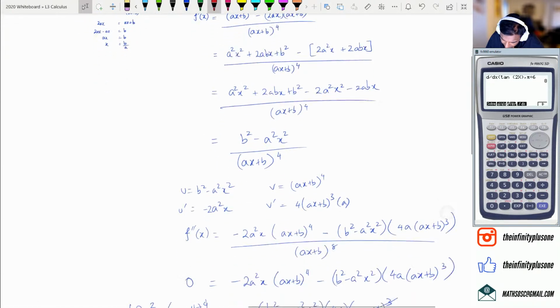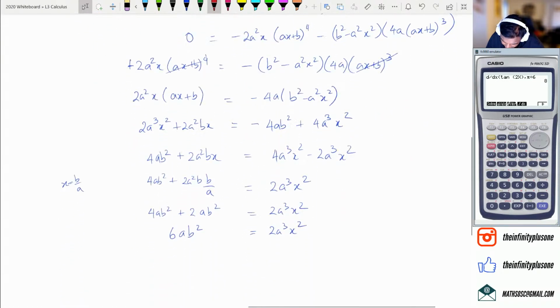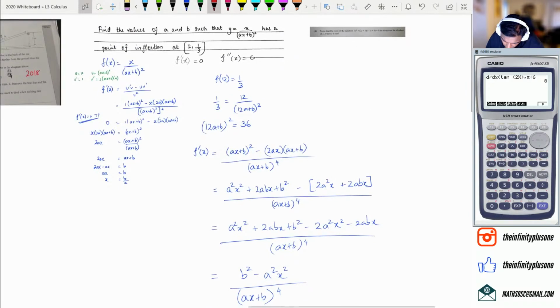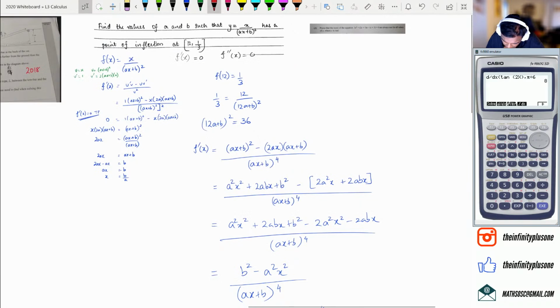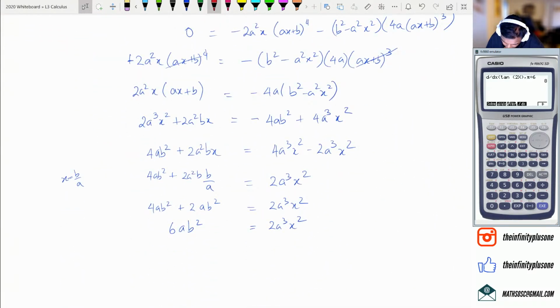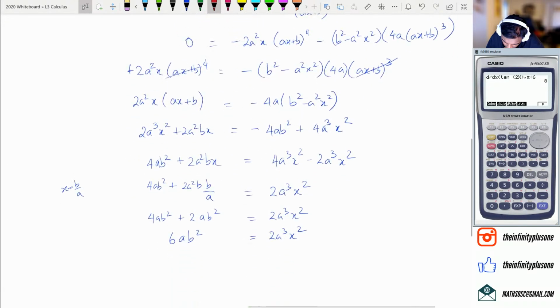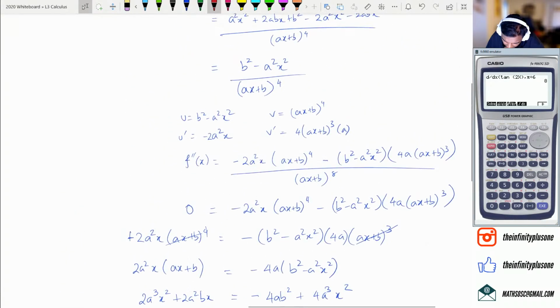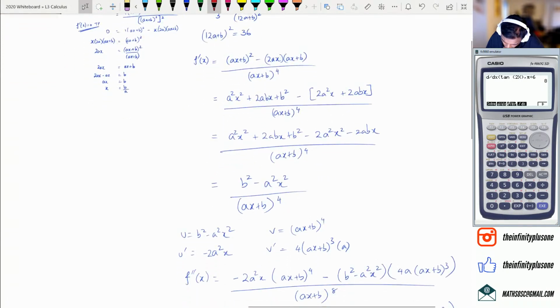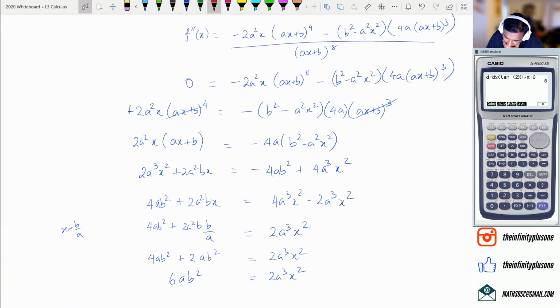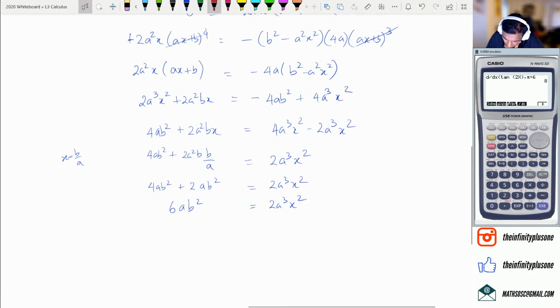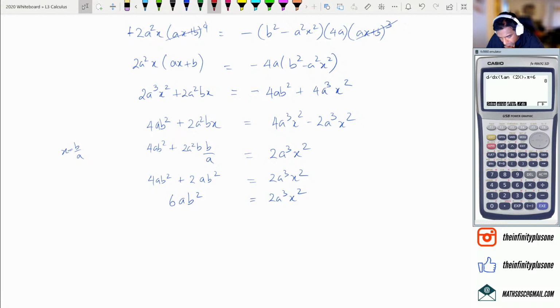We're pretty close. Because we just want to prove that it's at 12 and 1/3, right? So if we actually say that we just have to show that f double dash of x is 12. So if I put that as 12, at 12, it should equal 0. So I just need to prove